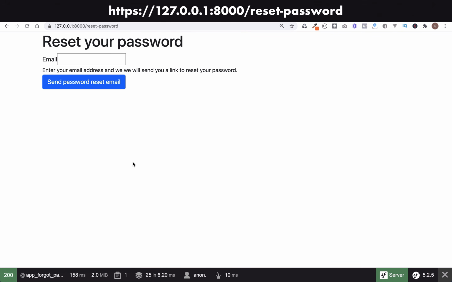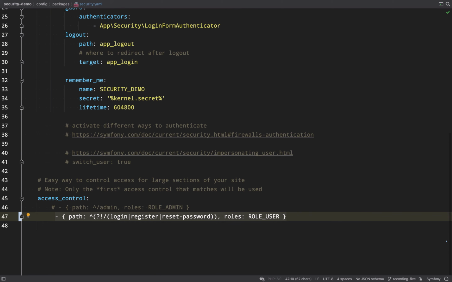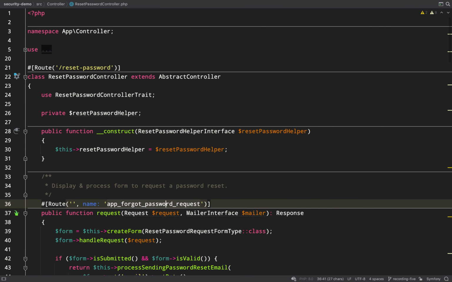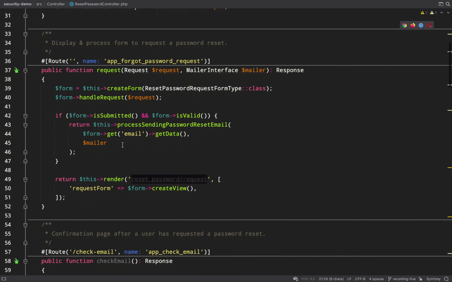Forgot password, and here we are. So we're now at the reset password page. Fantastic. Let's have a look at the reset password controller. And this is the route that we're looking at. What it will do is ask if a valid form has been submitted, which in our case it hasn't. And so the other option is it will then render the form, which is the form that we see here,